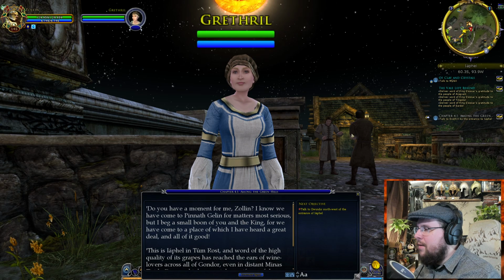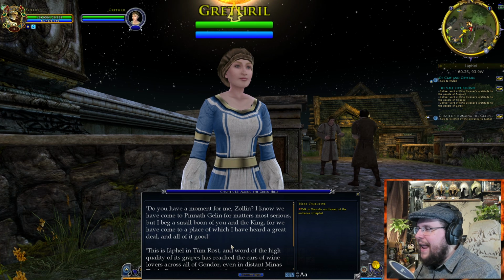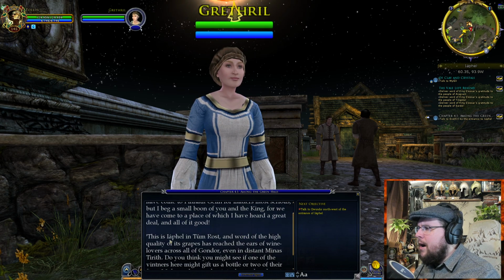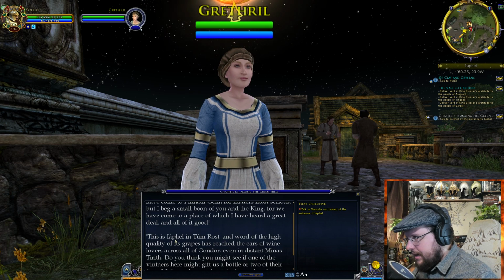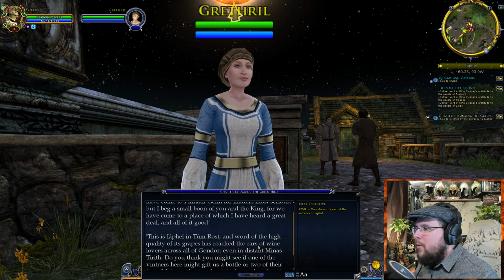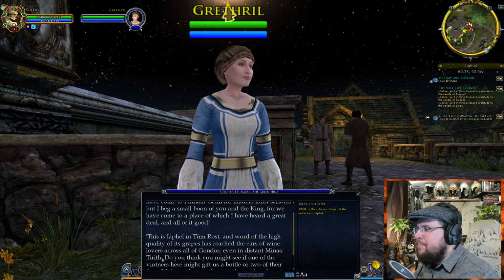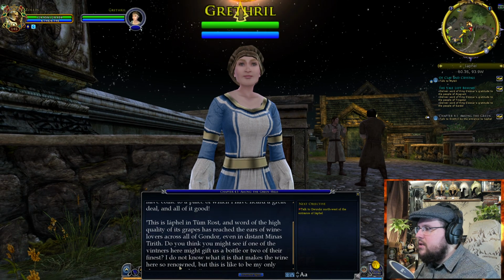I know we have come to Pinath Gellin for matter most serious, but I beg a small boon of you and the king, for we have come to a place of which I have heard a great deal, and all of it good. The name, Iaphel. Iaphel is renowned, and the word of the high quality of its grapes has reached the ears of the wine lovers across all of Gondor, even in distant Minas Tirith. Do you think you might see if one of the vineyards